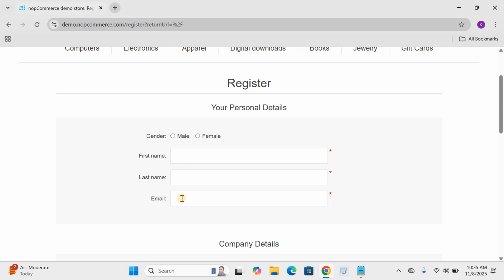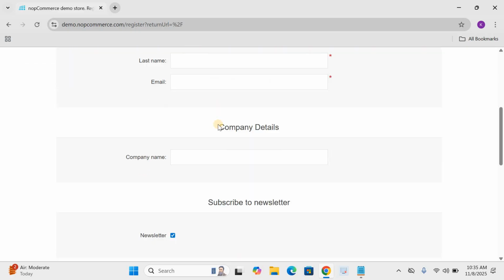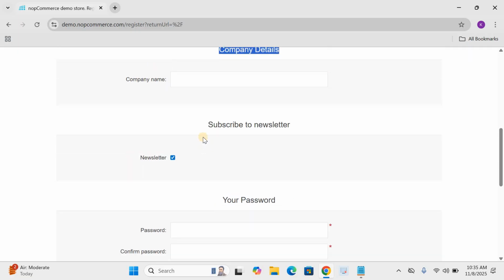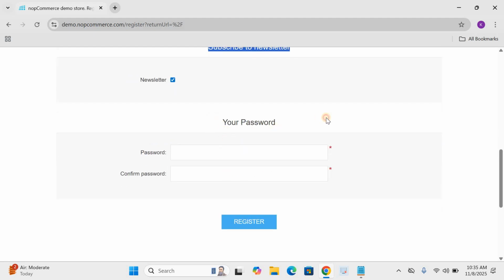There are certain text fields which come as a part of this register your personal details section. This is the company details section. Here we need to provide the company name, and inside this is subscribe to newsletter. This is the section to set your password, and after that there is a register button.